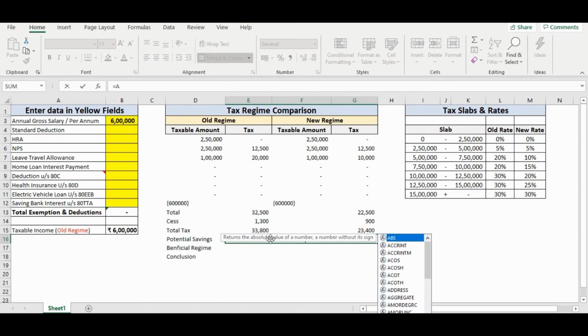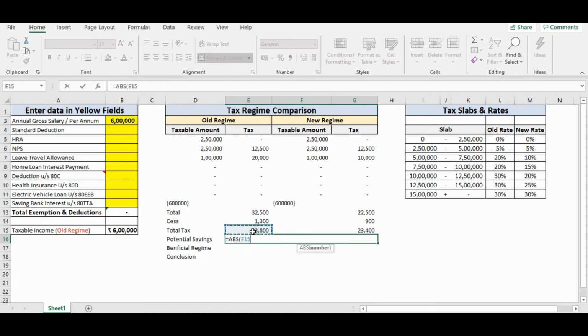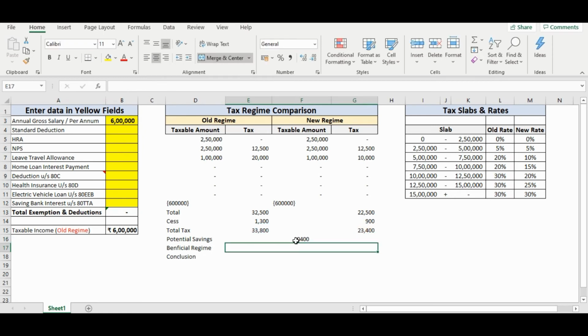So the function would be ABS, our old regime minus our new regime. So we can have a potential saving of 10,400 if we choose the regime wisely.